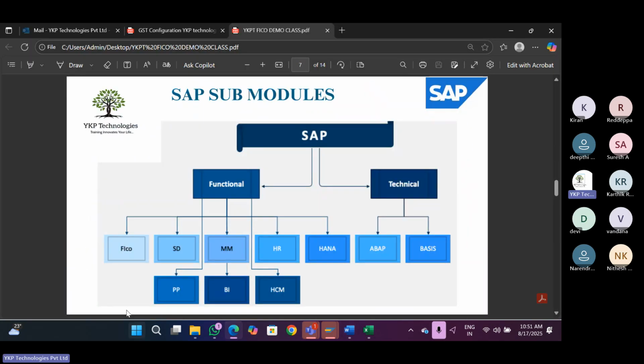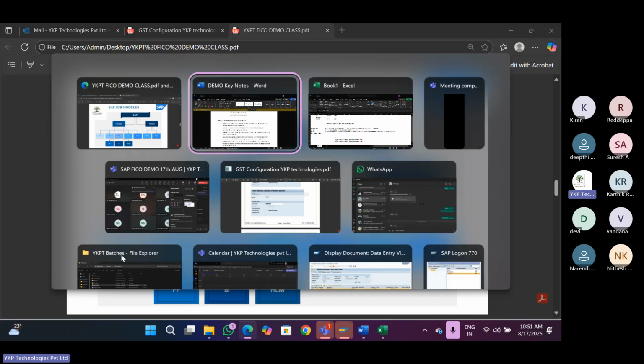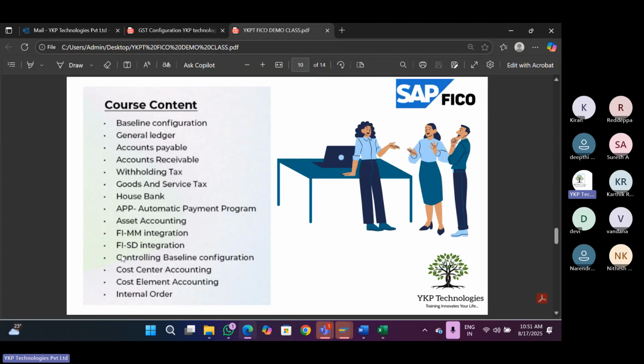So here, each individual person will have their own activities to do certain things. Like that, FICO has its own activities to do in an SAP application. Those are the applications we are covering here. There will be many more activities, but as per the training aspects, we will be covering